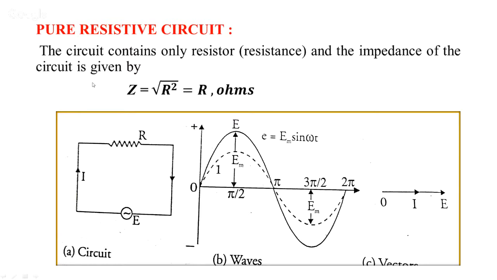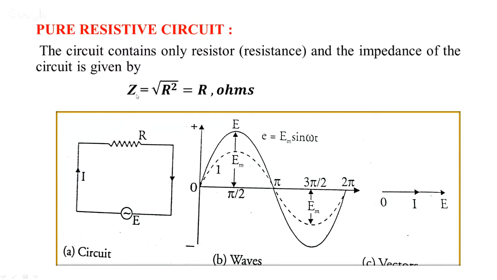Now we will understand what is a pure resistive circuit. This circuit contains only resistance, that is, only a resistor is placed in the circuit. Resistor is the device. Resistance is the property of the material of the resistor. So here you can see there is only one resistor placed in the circuit, and the impedance of the circuit